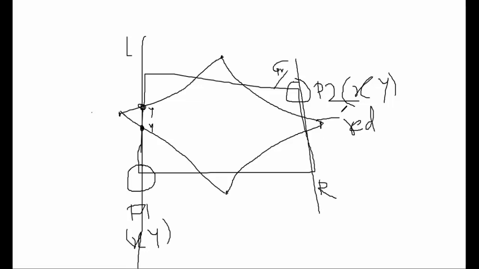We know this x value of P2, so the same value will come across this line. We have to calculate the y value for this. Same for the top line: we know the y value here. This is our top line, and here we know the y value of P2. So we know the y value, and we just have to calculate the x values here.